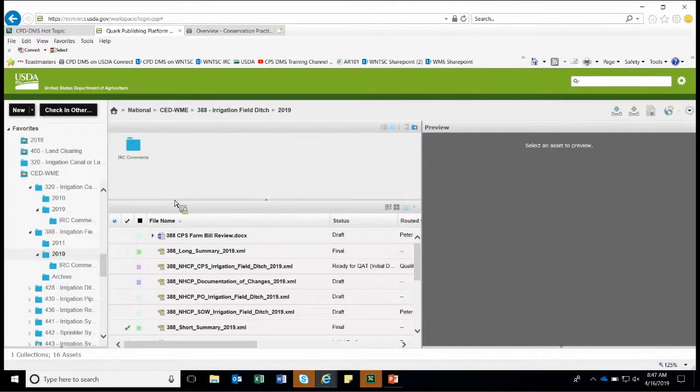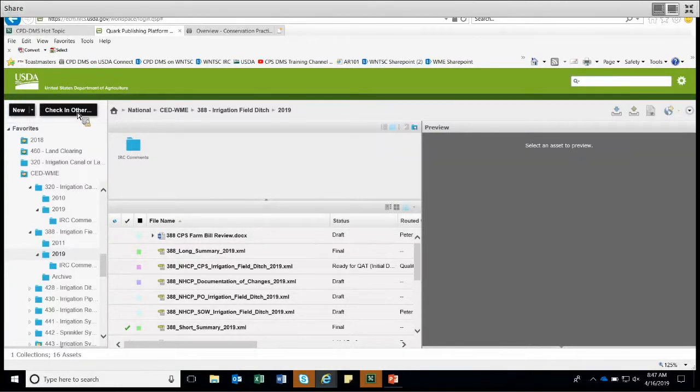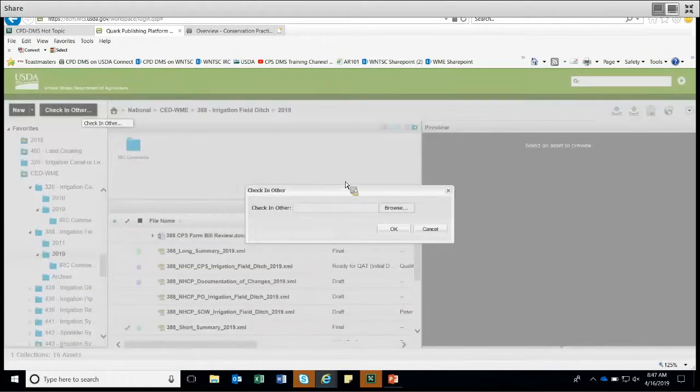diagram. Now, the network effects diagram is going to be done in MS Word. It is not going to be done within the DMS itself. So in order to get it into the 2019 folder, I am going to check in other. So I check in other, and it asks me, well, let's browse through your hard drive or whatever you're connected